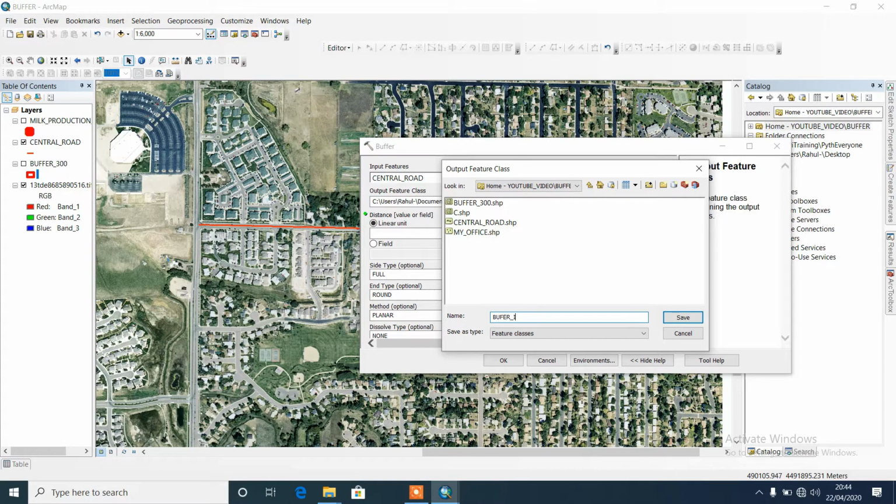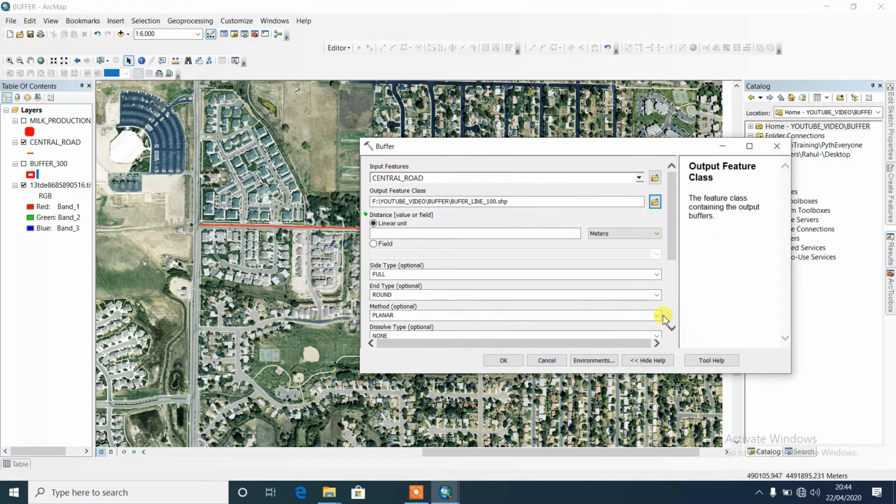Buffer line road, it's not line, okay, and 100, and then extension shp. Save it, and exactly as in the previous one we have to put 100 meters.